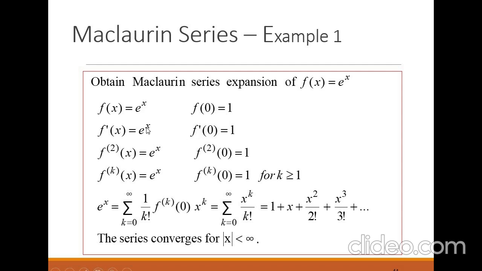For f prime, again, you substitute x by 0. This will give you f prime of 0 is 1. Second derivative, you substitute by 0, you also get 1. For the k-th derivative, you also get 1. So the Maclaurin series of e to the x will be given by f of 0. Remember, it's f of 0, which is what? 1 plus